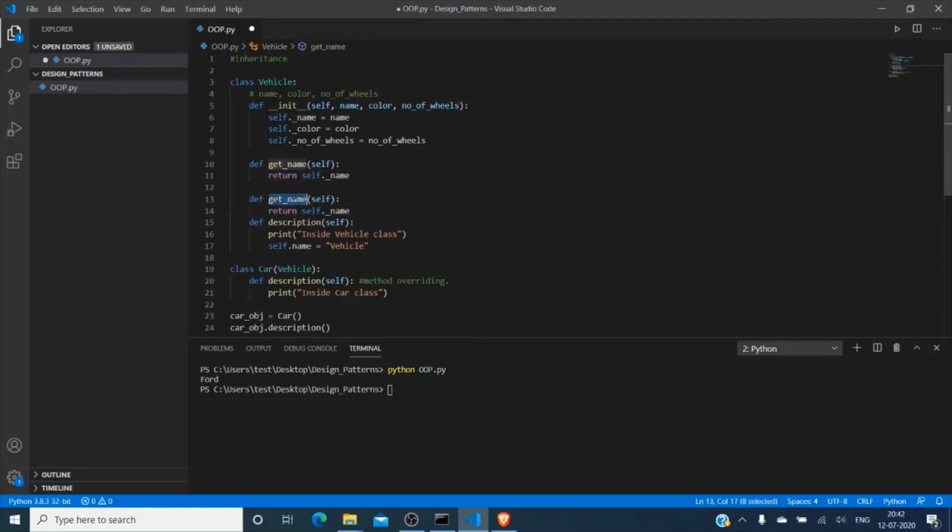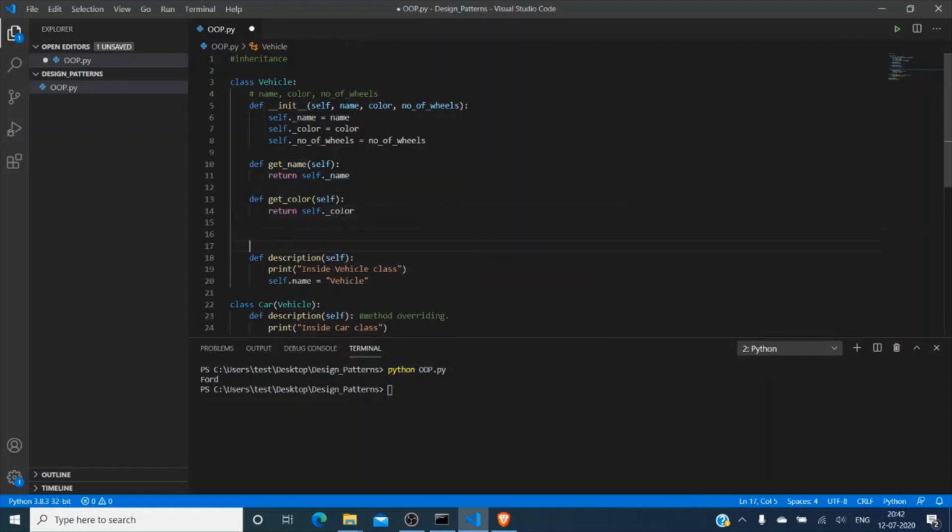Okay, similarly get color, and this will be underscore color, and here similarly this will be get underscore number of wheels. Okay, so now